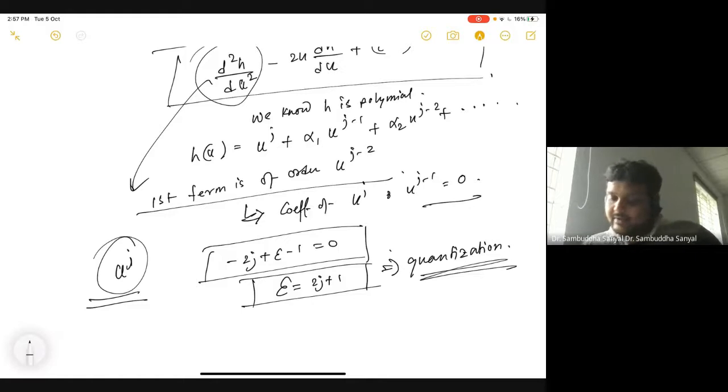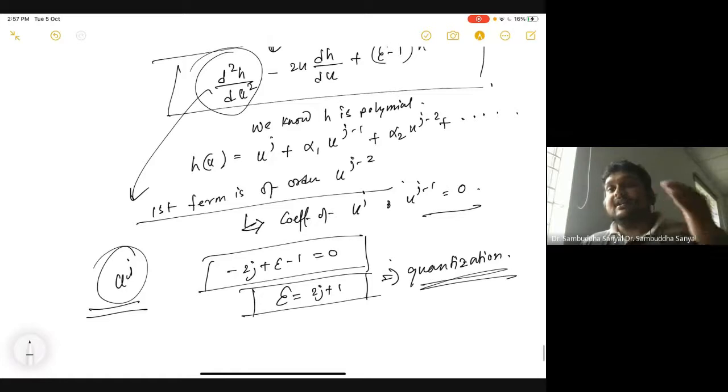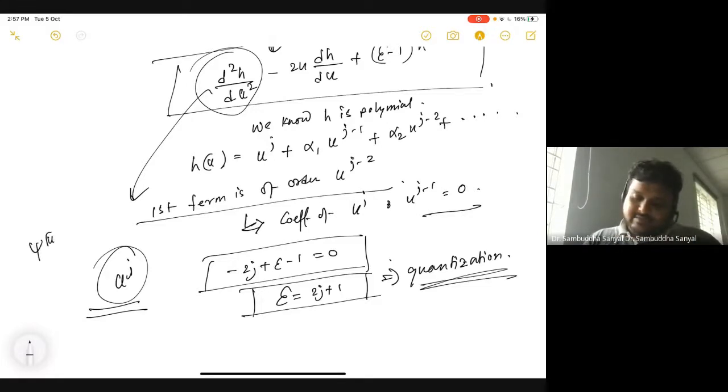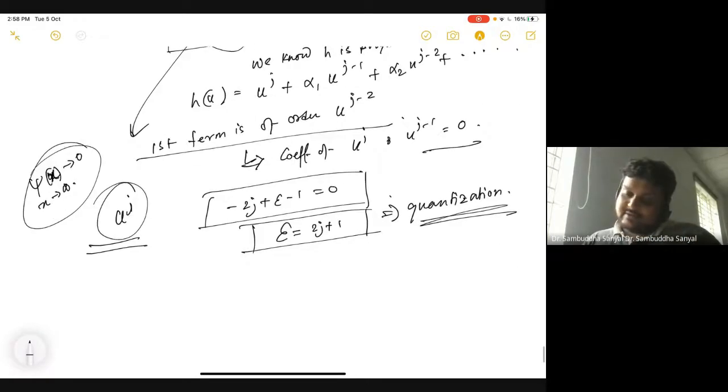Okay. Now you might be wondering where all this structure is coming from. Notice all this structure is coming from this crucial form which we got by assuming that the wave function is bounded. It cannot go to infinity, so psi(u) must go to 0, or psi(x) must go to 0 as x goes to infinity. That is where all this is coming from. And that is what we know already, because if the wave function is bounded, we know bound states have positive energy and it can be quantized. It's not necessarily always quantized, but it can be quantized. Quantization comes from something new.